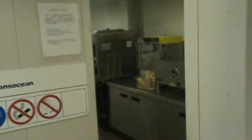Alright, so we're on the main deck, and we're going to take the stairs going up now and see what's up on the F deck. So these are the stairs. This leads to food. This leads to sleeping quarters. And if we go up these stairs, and remember we'll come back here later,